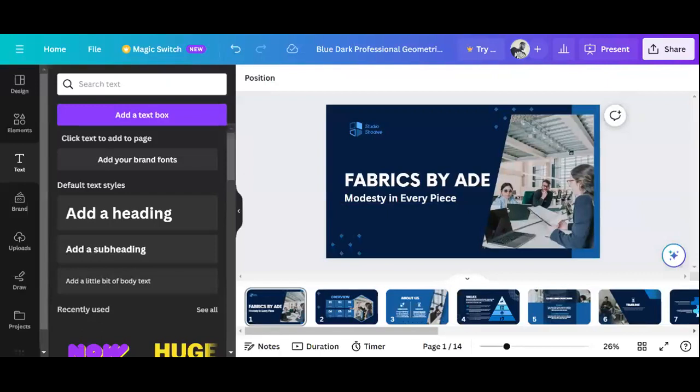Nike, just do it, right? A typical example of a slogan. Let's not go far into it. So we have Fabrics by Ade, modesty in every piece. Cool. All right. So the next step is, who is giving us